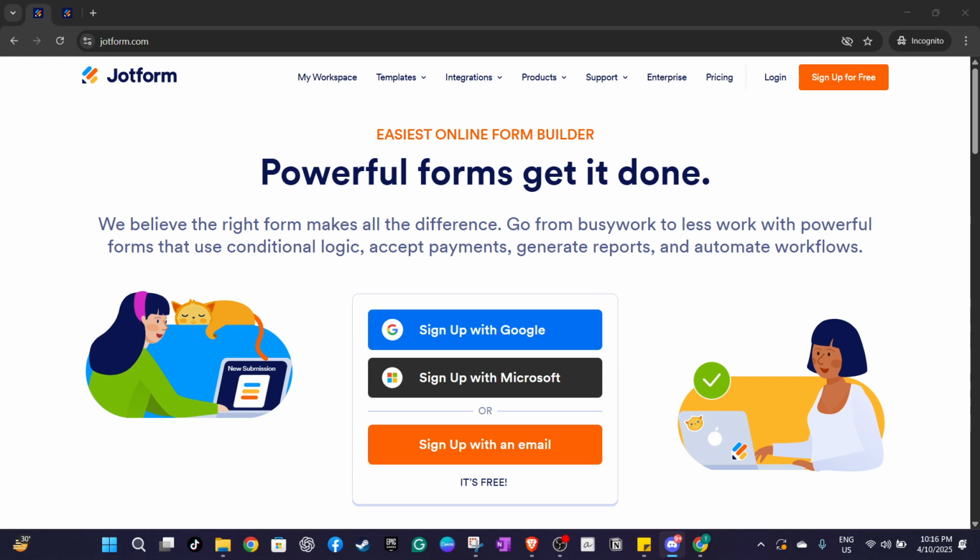First, you'll need to head over to jotform.com. When you arrive at the sign in page, you'll see a few options to log in. You can easily sign in using your Google or Microsoft accounts. Alternatively, if you prefer the conventional method, simply use your email address along with your password. This flexibility ensures that you can log in whichever way suits you best and seamlessly dive into creating your AI